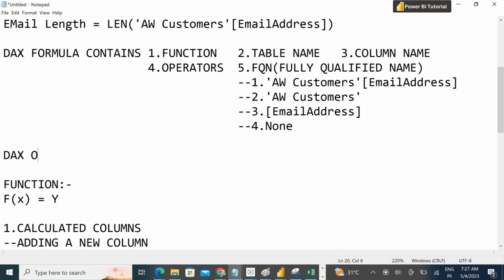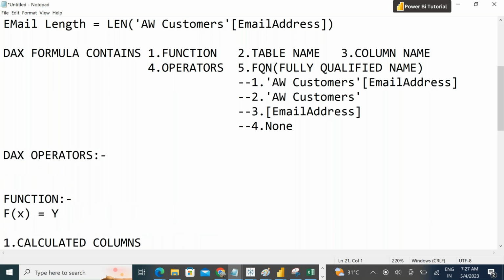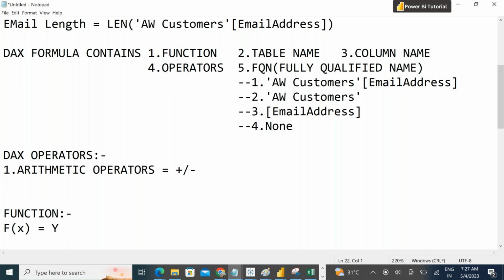Now let's talk about the DAX operators. DAX has different types of operators, like the arithmetic operators. We have different arithmetic operators like addition, subtraction, multiplication, division, right? We have so many arithmetic operators. Whenever you are writing any DAX logic, you can use these arithmetic operators, and you can use the